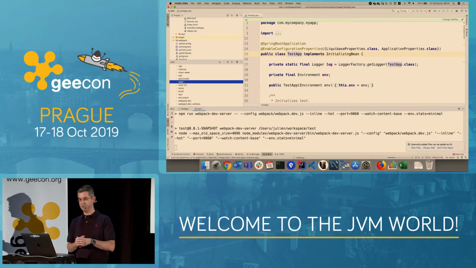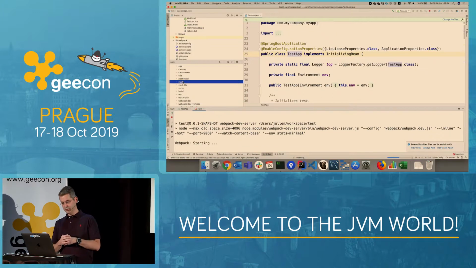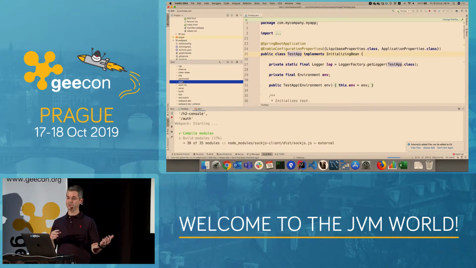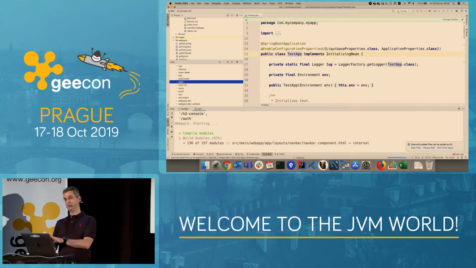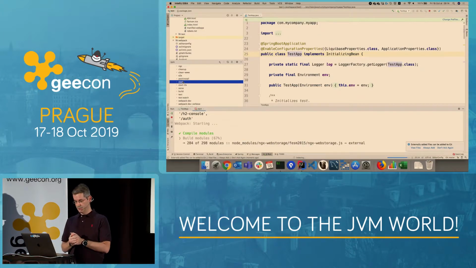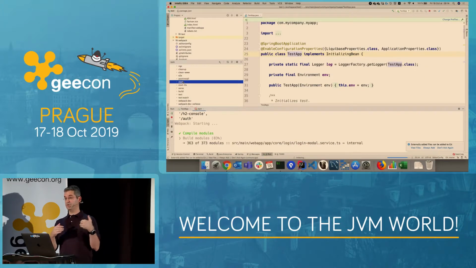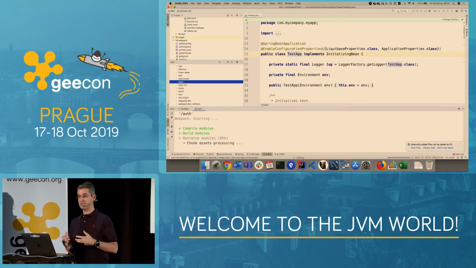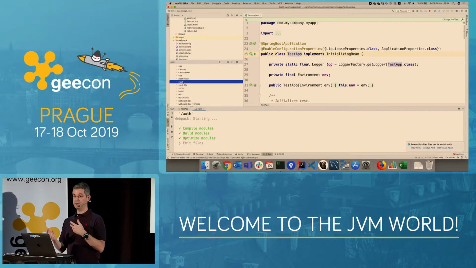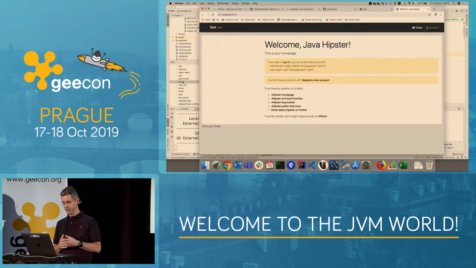So this is going to package my Angular front-end application, and I'm going to be able to use it, but also to have hot deployment of the front end with it. By the way, you will quickly see that in my demo. As you know, with Spring Boot, you've got hot deployment of your Java code files. With Angular and Webpack here, we've got hot deployment of the front end. So basically, we've got hot deployment of everything. You will see in my demo that I don't redeploy stuff. I just save, and it's deploying automatically.